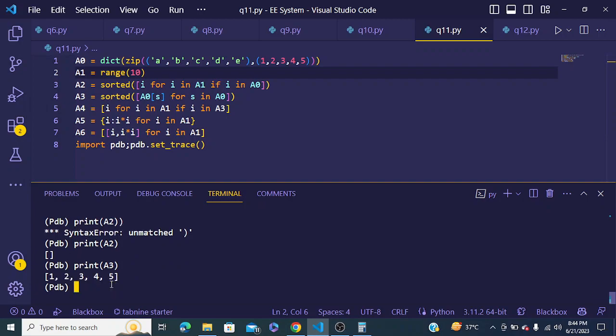Okay, now if we print A3, you can see A3 has sorted values from 0 to 5, because A0 has the other key-value pair. So this S is printed in the value, and this is our sorted list. And in A4, it also returns the same. And if we print A5,